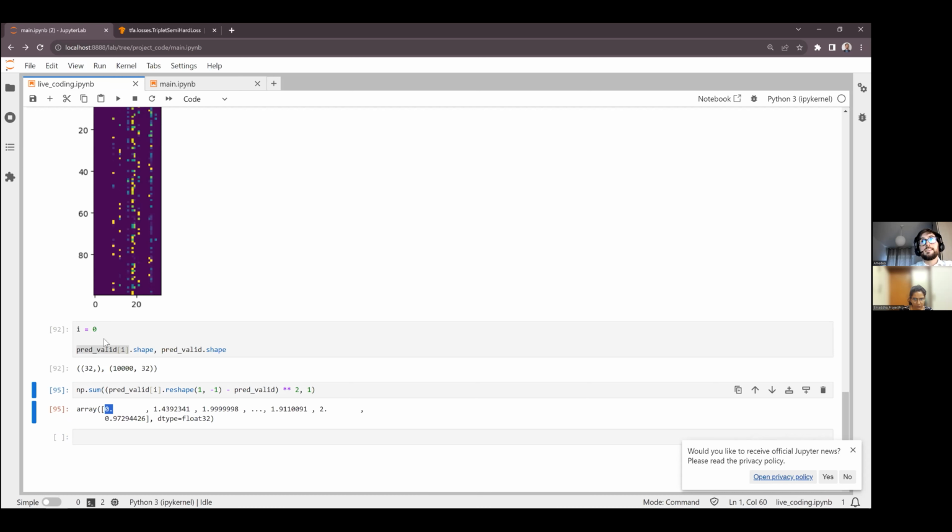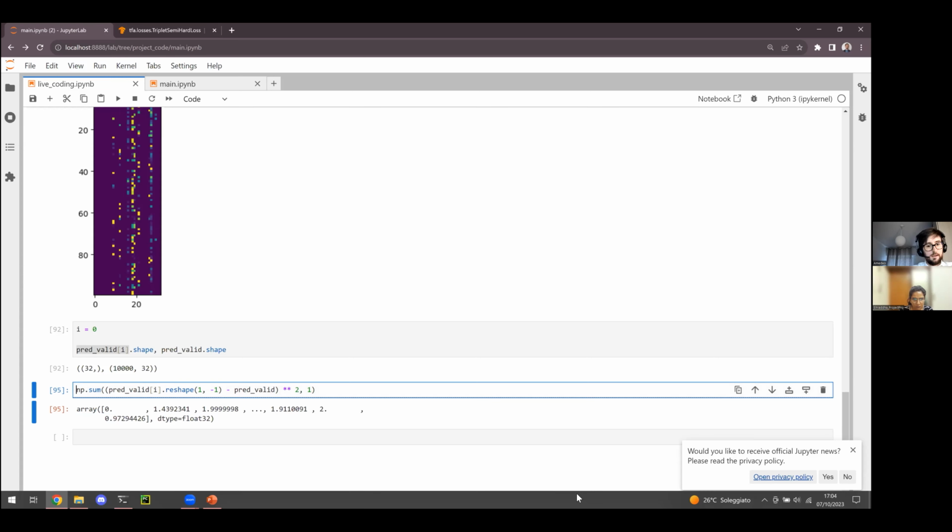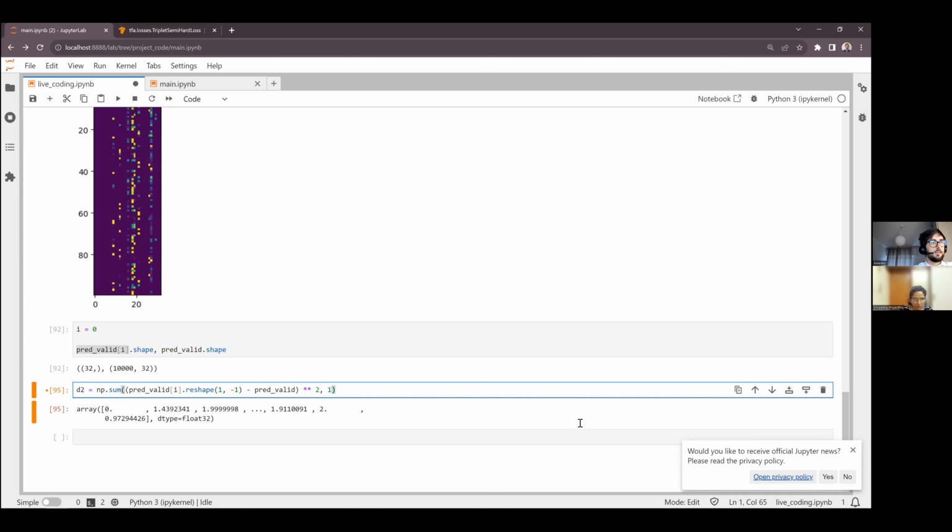That is clearly the first, since the distance of one object from itself is 0 by definition. Okay, we now should look for the second and third, etc. distances in that vector. So we can call that D2, that is the square distance.